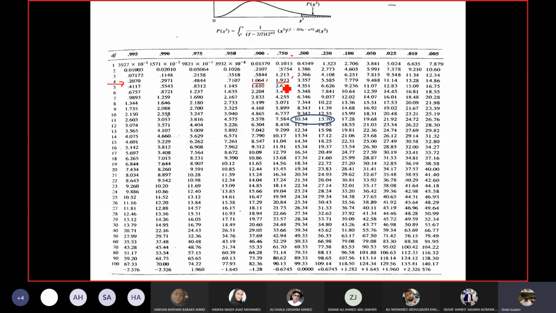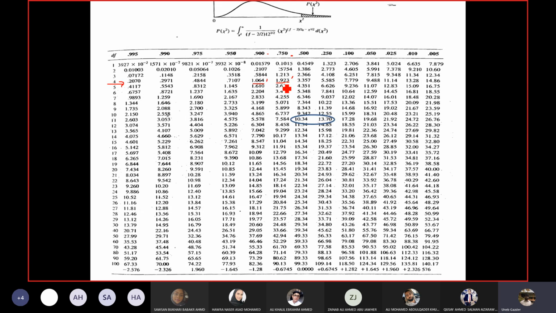But I will tell you a trick. The trick is, if you are interpolating between two probabilities and both probabilities are more than 0.05, obviously the answer will be more than 0.05. So even without interpolation, I know that 1.57 has a probability of more than 0.05, because it is somewhere between probability of 0.9 and probability of 0.75. So 0.75 obviously is more than 0.05. If you are interpolating between two values and both are more than your required value, then the answer obviously will be more than your required value.